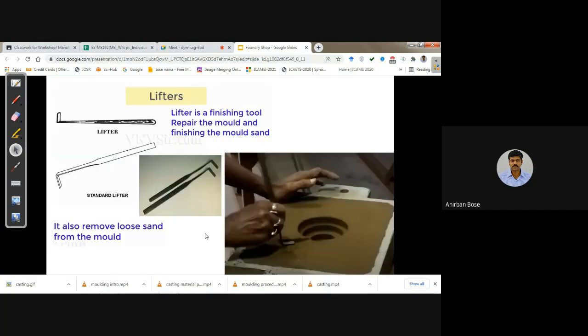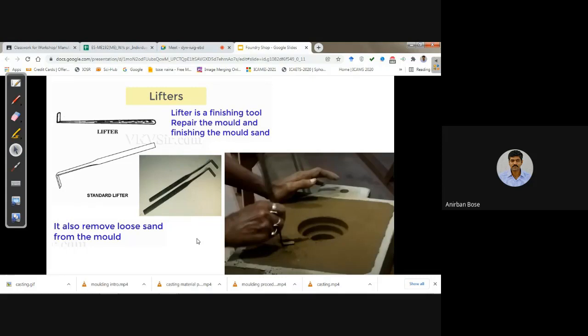Next is the lifter. As you can see, the lifter is a finishing tool to repair the mold and finish the molding sand. So for the finishing work, for repairing the mold cavity, these lifters are used. It is also used to remove loose sand that may fall into the mold cavity when you are taking out the pattern.